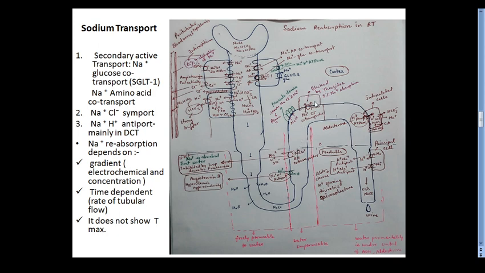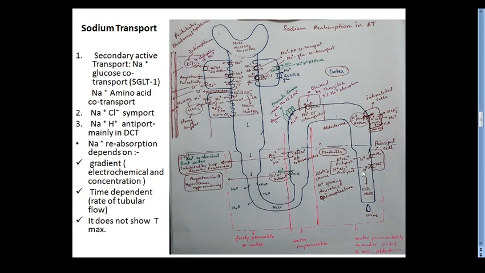The next diuretic that works is the thiazide. Thiazides block the sodium chloride co-transport, and only 5% of reabsorption occurs here, so they are mild diuretics. The loop diuretics cause very high loss of water and minerals when given to the patient. Thiazide diuretics block the sodium chloride co-transport, so they check the reabsorption of sodium ions. When sodium ions are retained in the tubular fluid, there is a loss of water along with it.